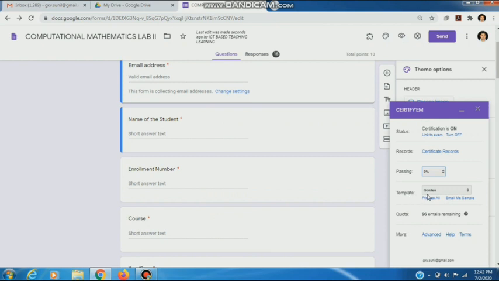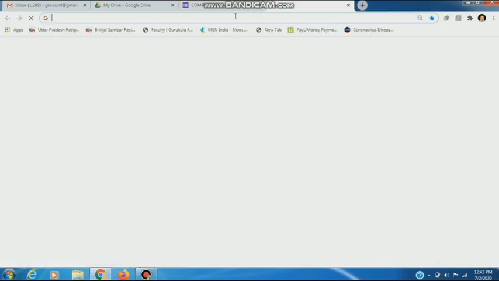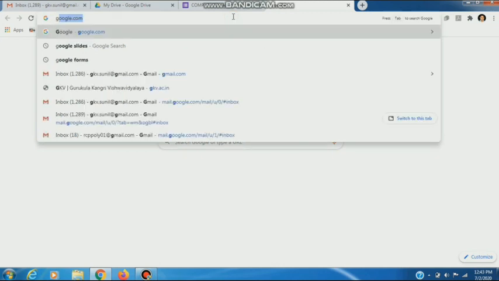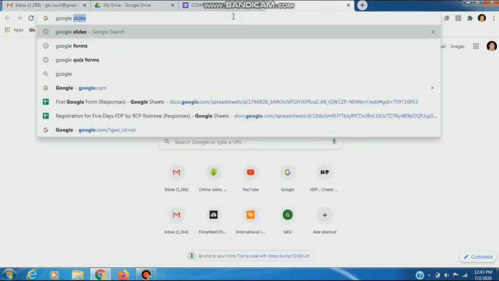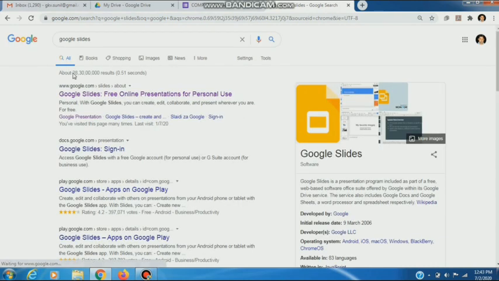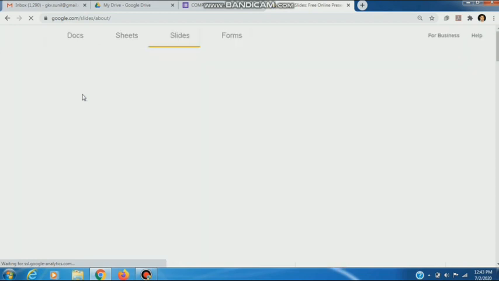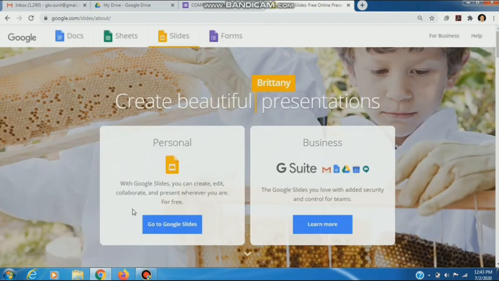Now we have to choose the template of our certificate. We can choose any one template or we can make our own certificate. So we want to make our own certificate. For this we have to open Google Slides. Now go to Google Slides.